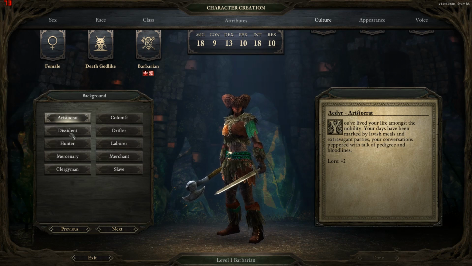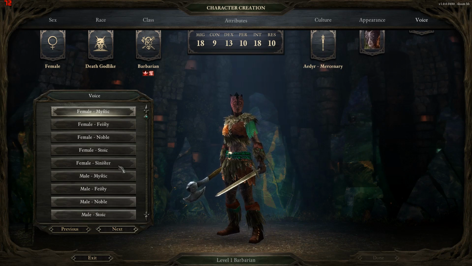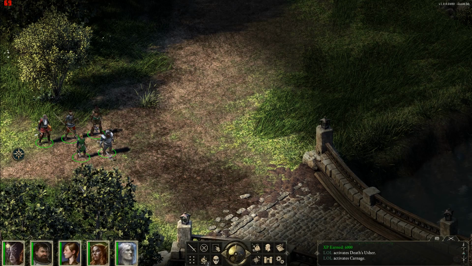Backgrounds doesn't really matter, it's a role-playing thing, but it does give you stats, so I'm probably going to go with Mercenary. And I'll pick the one that looks like the portrait. Okay, so now for the early levels,